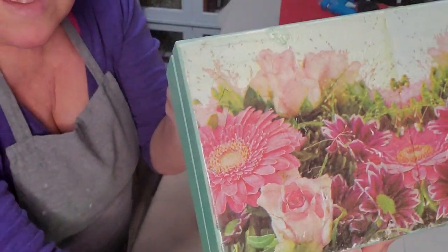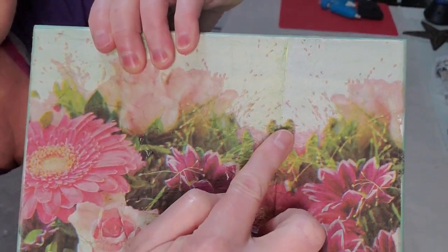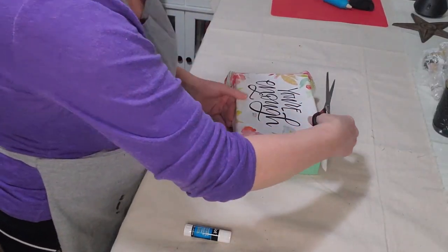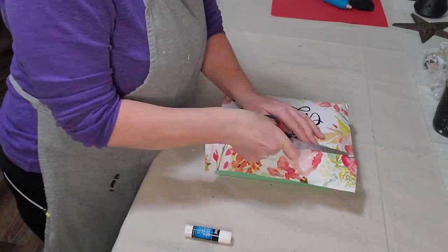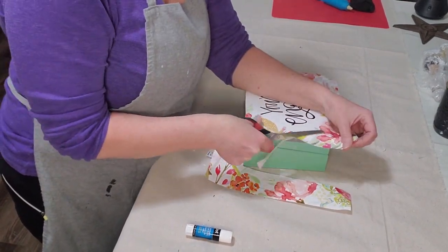So I may redo this sometime in the future, and you'll see here I'll point to that line. See right there? Kind of looks like it's a different color. I don't know why that happened. But so yeah, I sanded off the excess napkin off there, and right here I'm using that same calendar that I had,